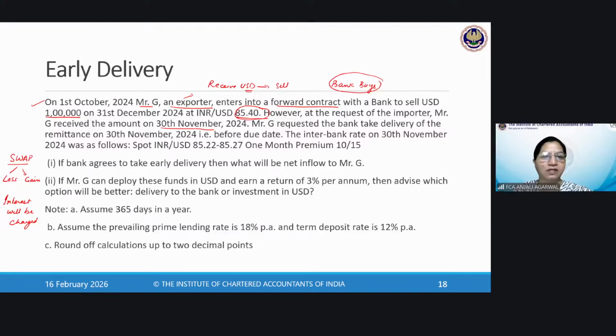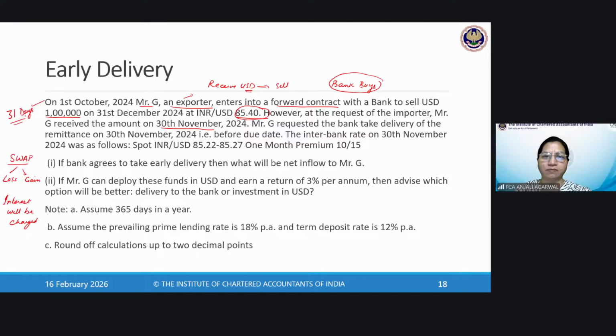Whereas on 30th November, that means 1 month prior or 31 days before, there is an early delivery. So what happens is, I am an exporter, I'm going to receive the dollars on 31st December, which I sold to the bank at 85.4. Now on 31st December, if I receive my money, I'm going to get 85.40 lakhs. However, if I receive it 1 month before, on 30th November, I don't have a forward contract with the bank